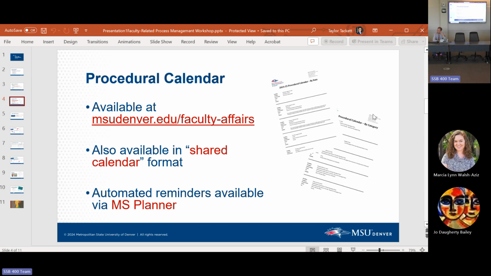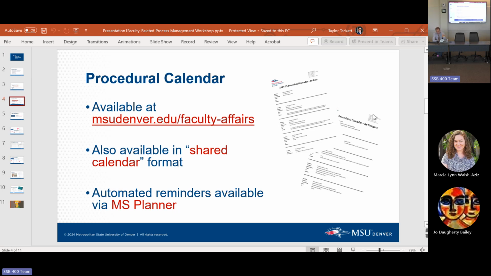We want to make sure that our records are accurate, even if maybe they're not accurate in Workday. To be totally frank, we are doing a lot of work to make sure that all faculty records are accurate within the Office of Faculty Affairs SharePoint, so our database, because we've taken on ourselves that we're the source of record for that. So if you are hiring somebody who's coming in with credit towards tenure, just keep track of that and let us know.